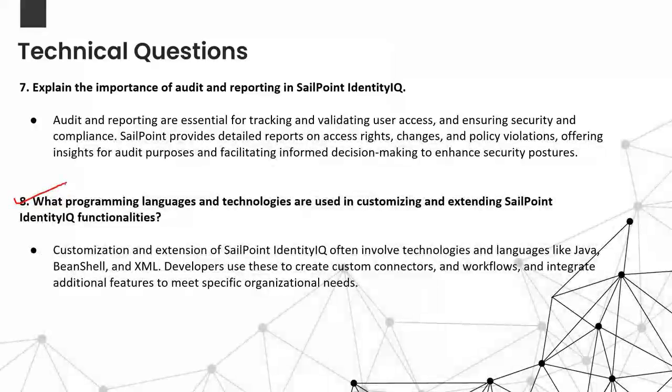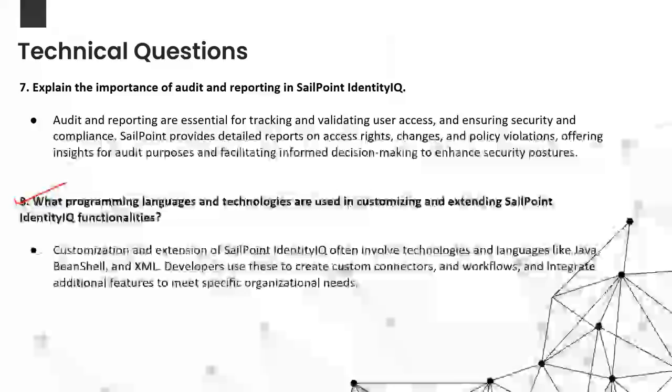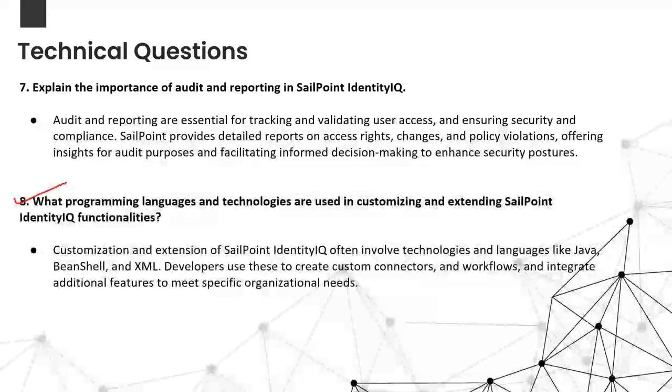That could be one of the common questions, or one of the technical questions. They might expect you to know Java. They might expect you to know XML. Those things they would really need when it comes to the technical aspects. So this could come under technical questions.